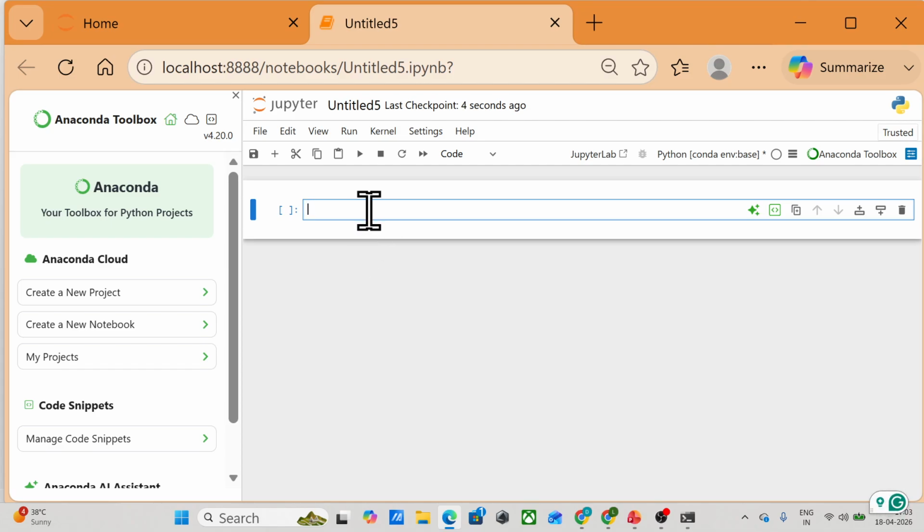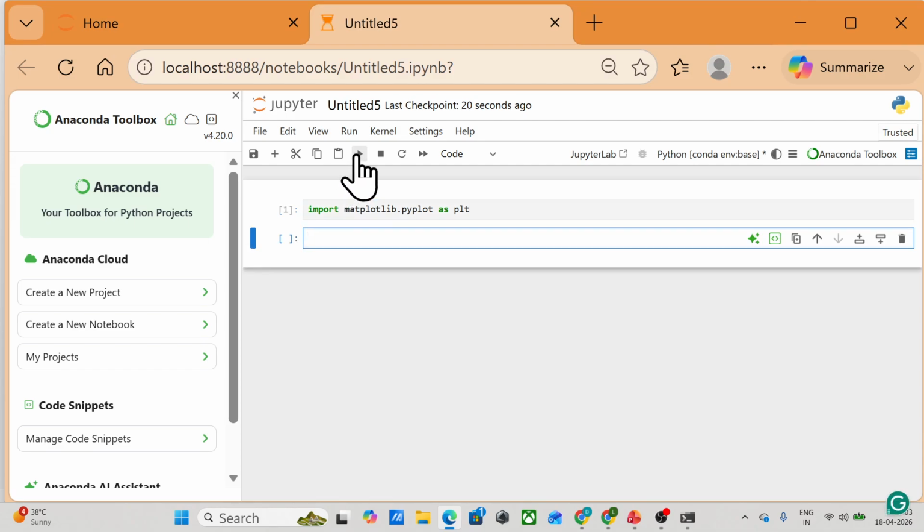So what we'll do first is import matplotlib.pyplot as plt. First, we always have to import the libraries. Then we'll take the data points that we want to plot. Let's say we are just taking 1, 2, 3 and 4 for x.